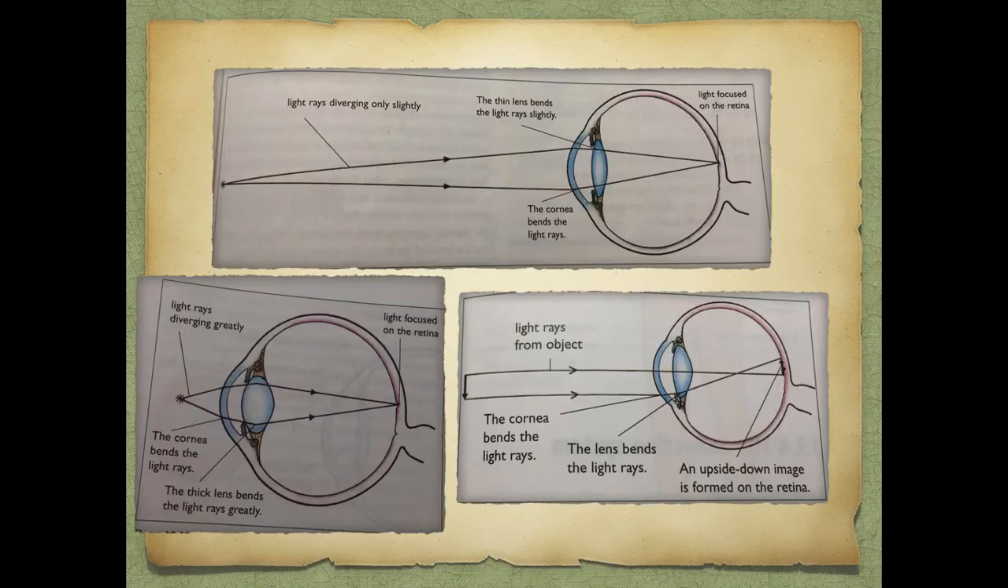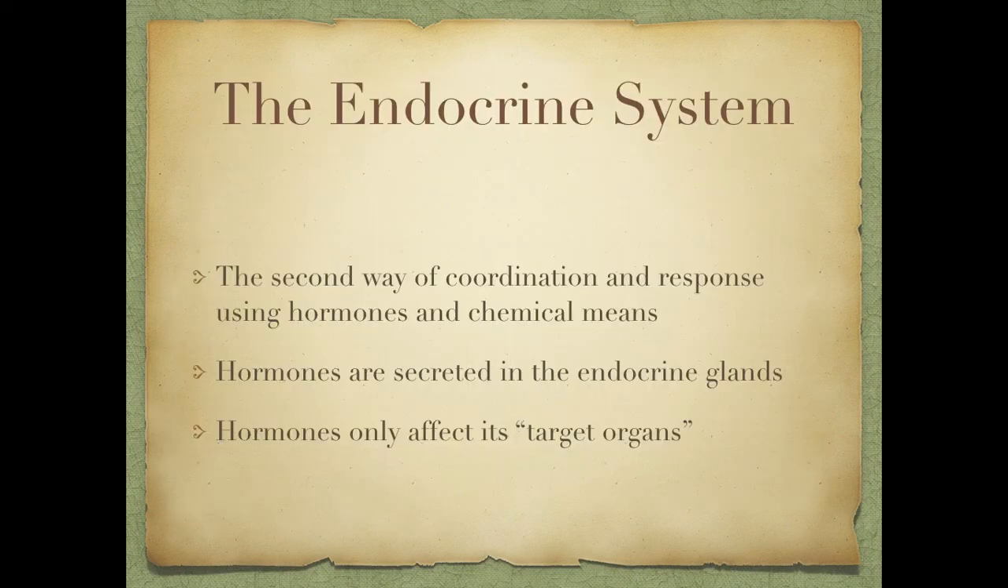Okay, now I'm going to go on to the endocrine system. The endocrine system is another way of coordination and response using hormones and chemical means. The hormones are secreted by endocrine glands, and the hormones only affect their target organs. For example, if you have insulin that targets the liver